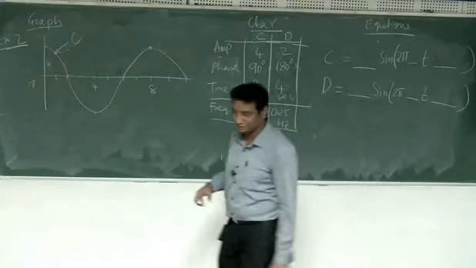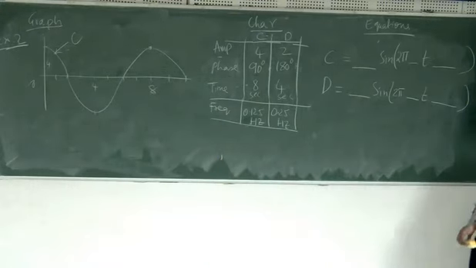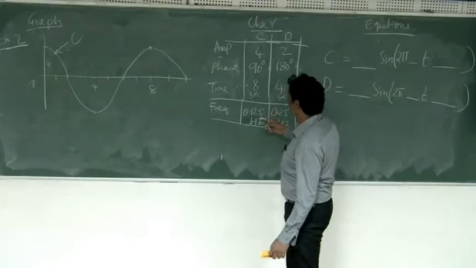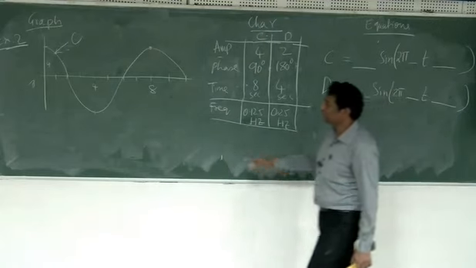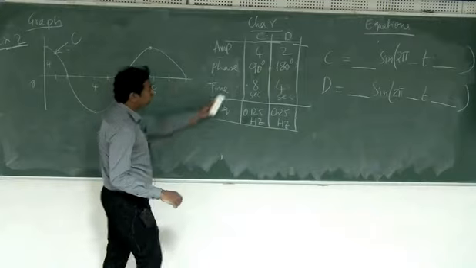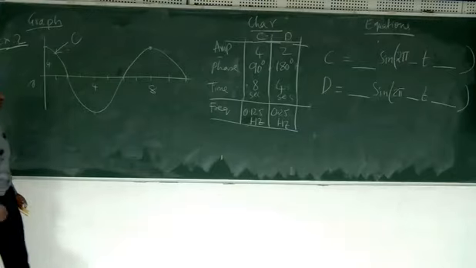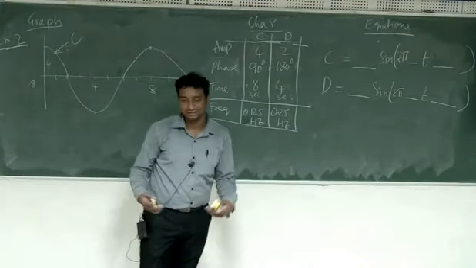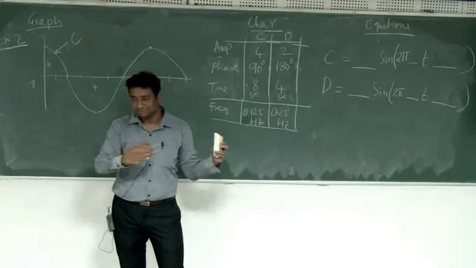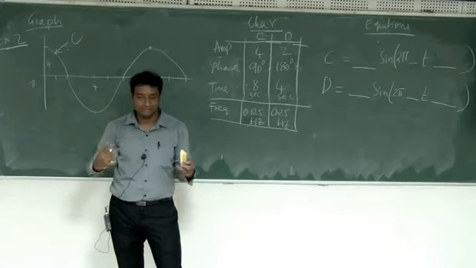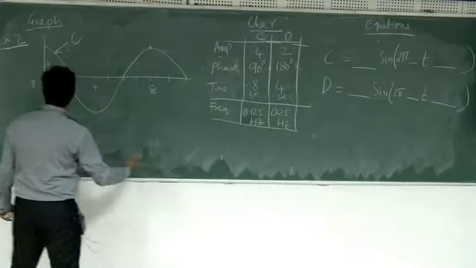Is that okay? Did it match with what you have written? Okay, now let's do D. So what is the time? 4 seconds. That means in 4 seconds I should cover one cycle, and then the phase is 180 degrees here. I was just talking to one student here. So plus 180 and minus 180 are both equivalent. See, there is a sine wave. Plus 180 means you move it left side by 180 degrees. For a sine wave with minus 180, move it right side by 180 degrees. So both are the same.